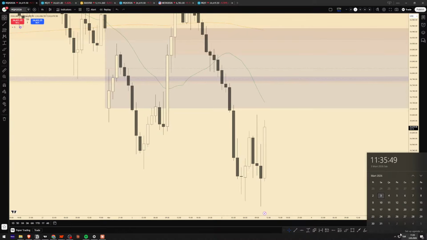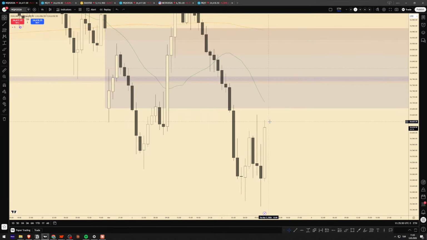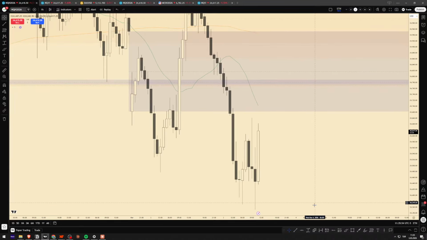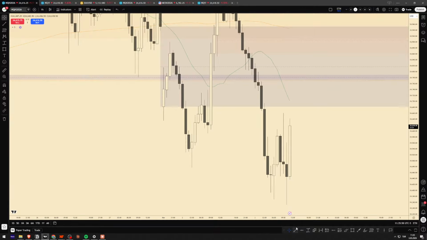We are going into lunch in 25 minutes. I don't want to see this candlestick closing weakly, and I mean, when I look at this price